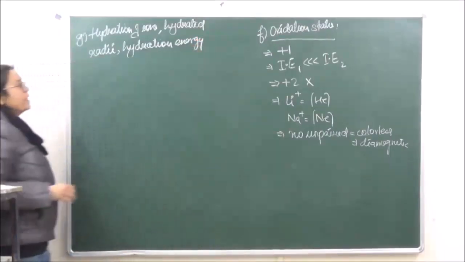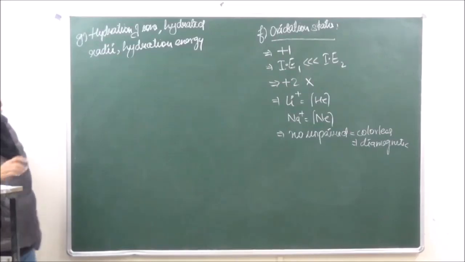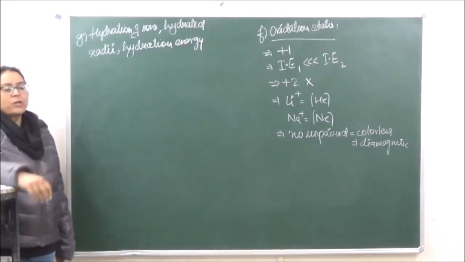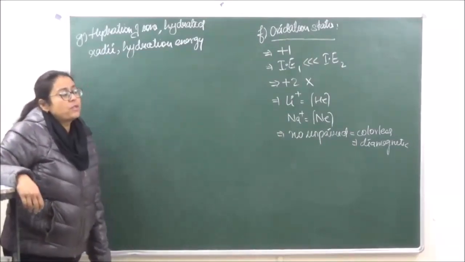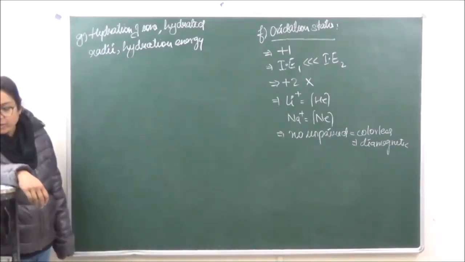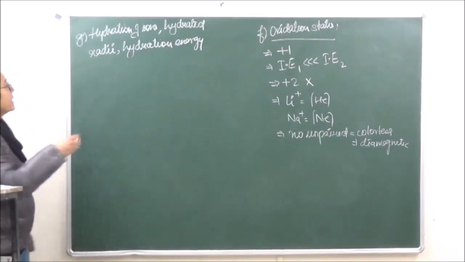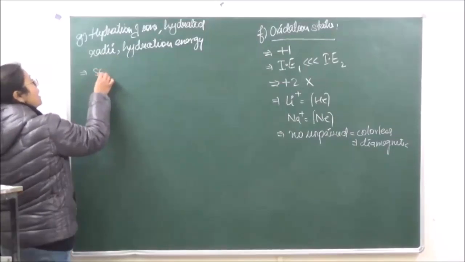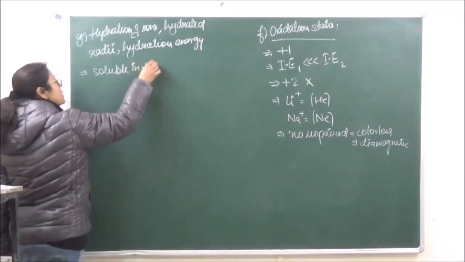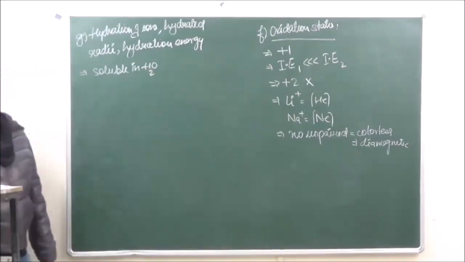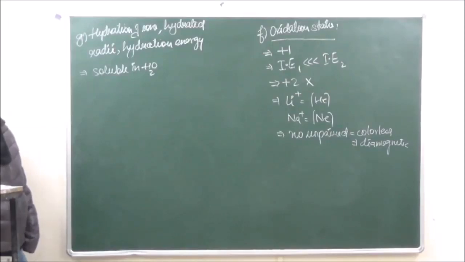So this is going to be the next topic, which is very, very important over here. Now we already know that the salts of alkali metals, all of them, are going to be ionic in nature because they have a tendency to lose one electron because of their low ionization energy values. Obviously, if they are all ionic, all are going to be soluble in water because of their ionic character, right? So why are they soluble in water?